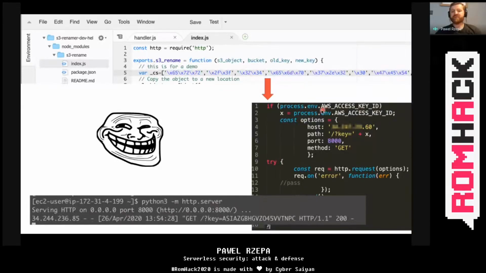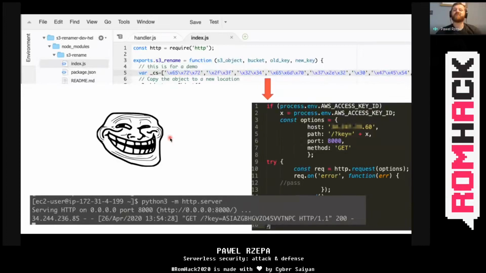However, this is the reason why I'm stealing only the AWS access key ID, not the secret and session token, because I didn't want to harm anybody. And with just the access key ID, you cannot do much. And what was pretty scary was the fact that I received not only the access key from Bob's functions.